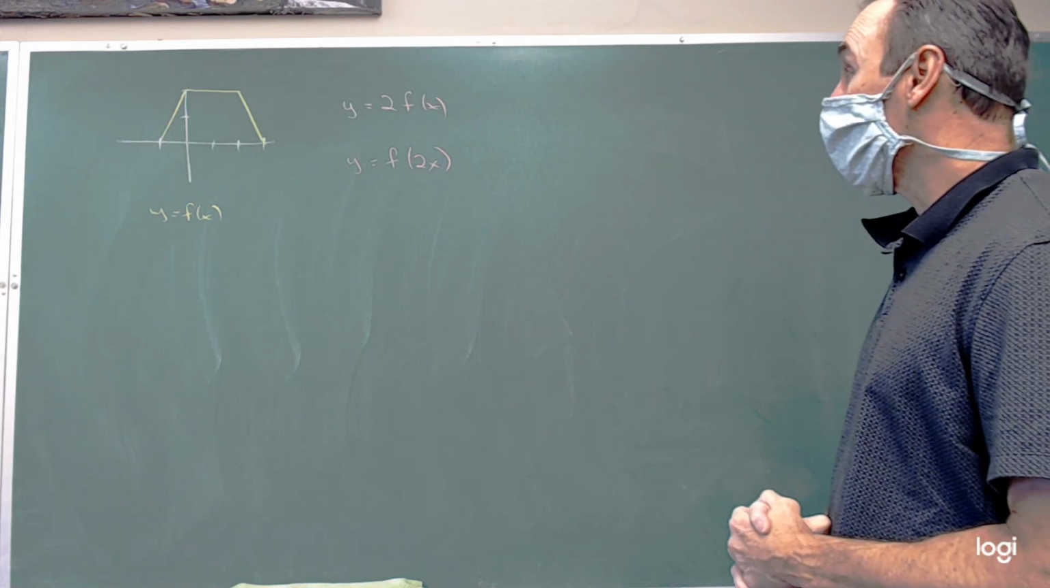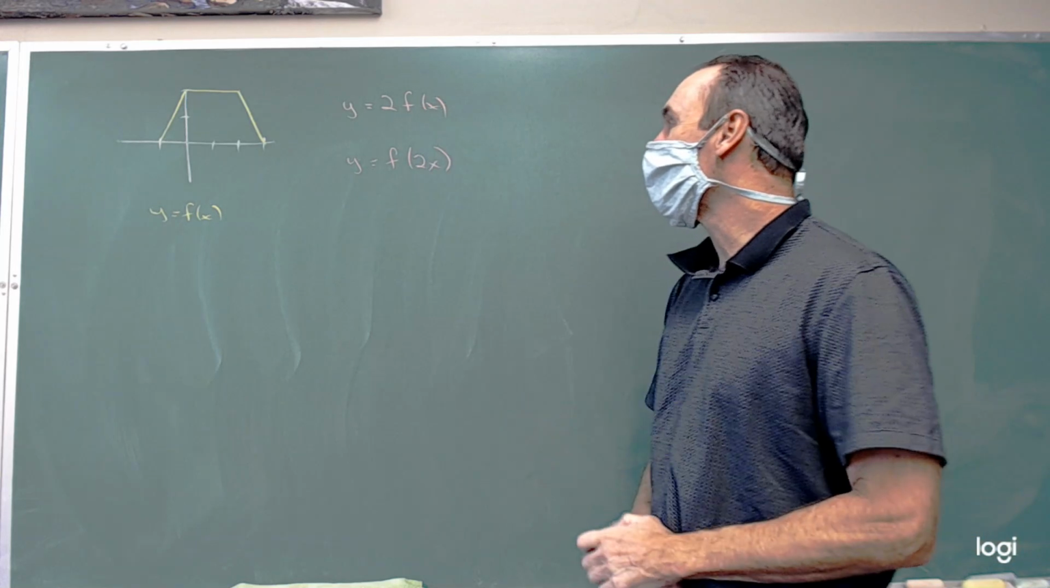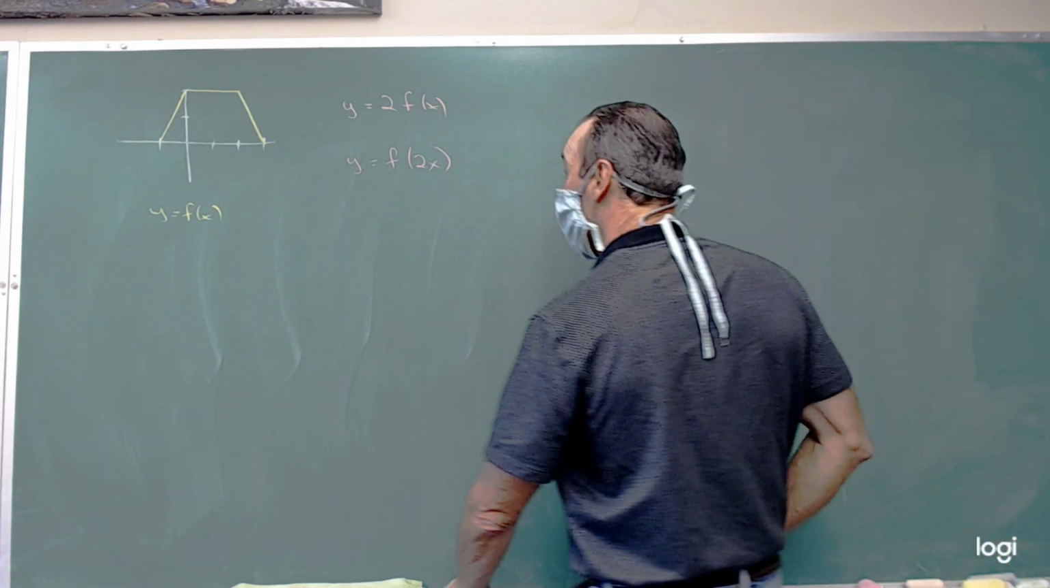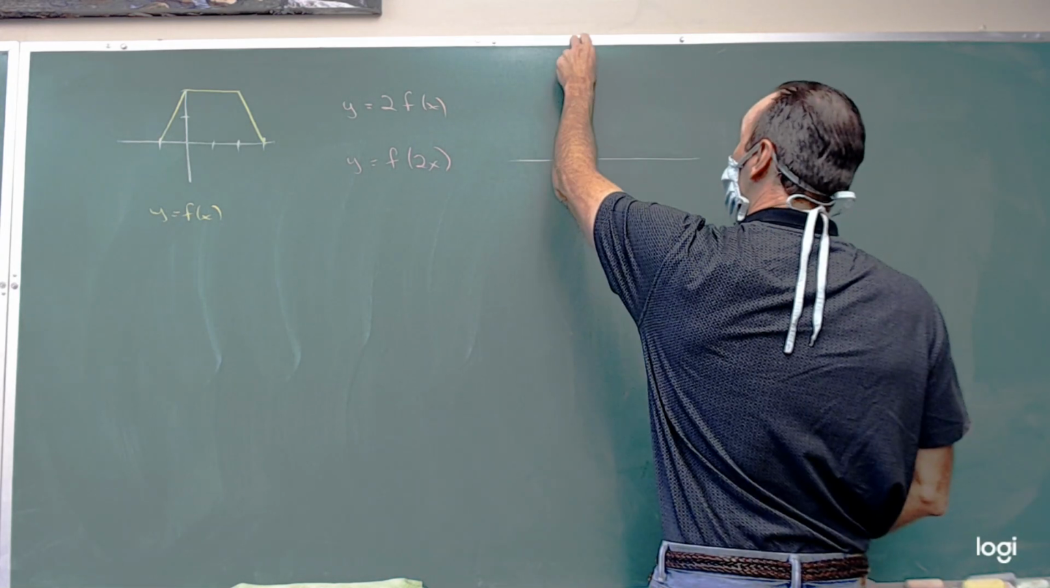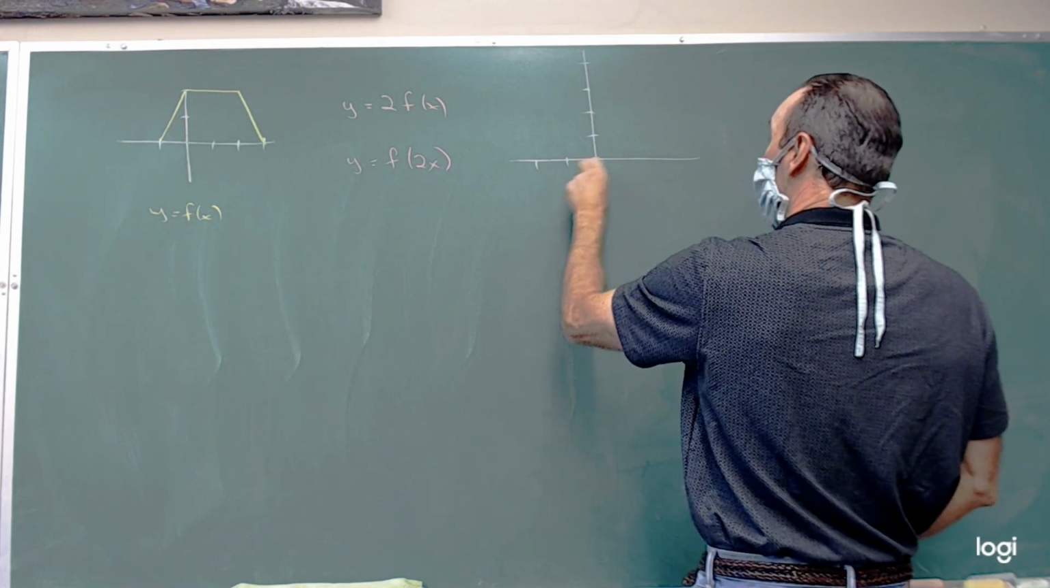I'll take that as you're ready. So this is going to be a vertical stretch. That means everything's going to be twice as tall. So maybe I'll put this over here on a separate axis so I can make it taller. 1, 2, 3, 4. 2, 1, 2,